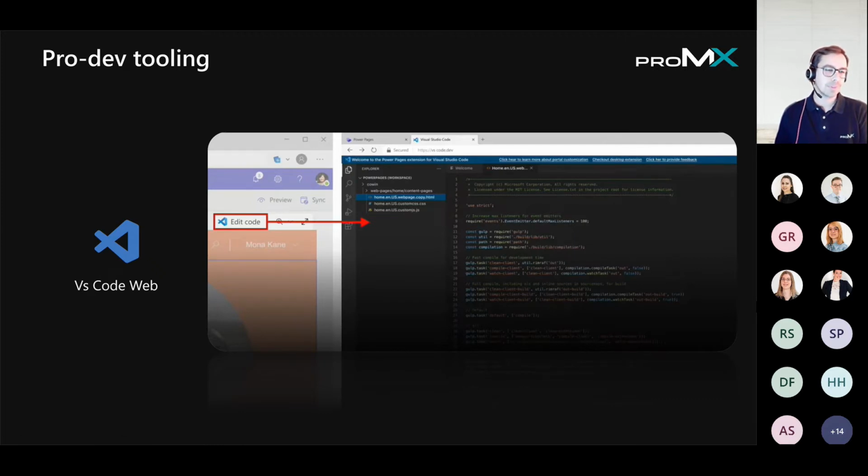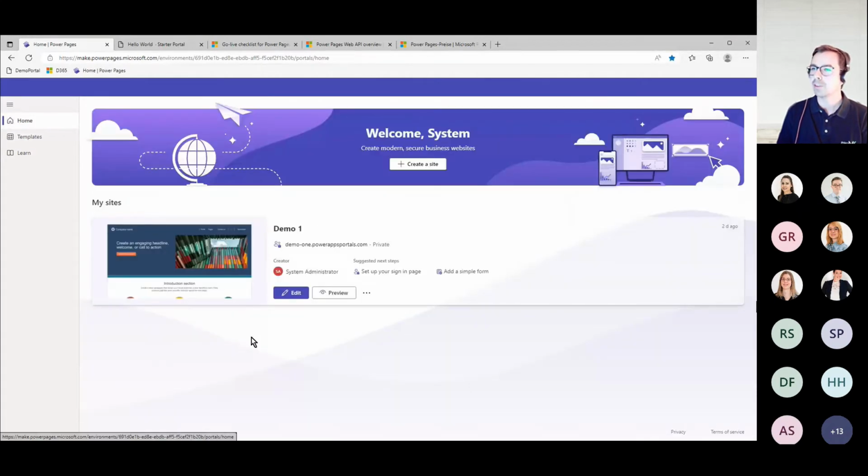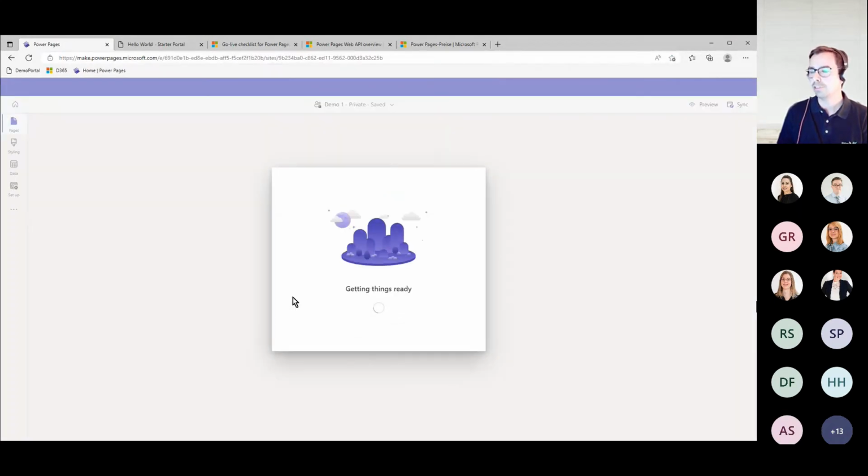We have a huge improvement right now. We have a Pro Dev tooling, it's called. So we have a native integrated Visual Studio Code web interface from within the Maker experience. Before that, you had to run your Visual Studio Code instance locally and connect it via the Power Apps command line integration extension. And now this is even more simplified for you because, and I'm now showing the Maker experience again, if you go to any page,